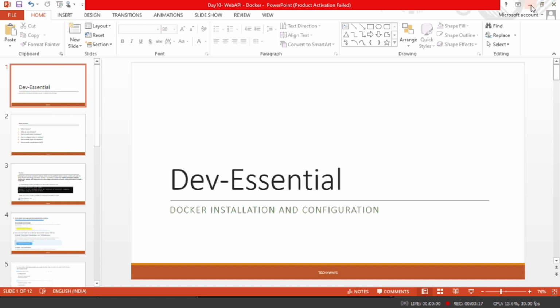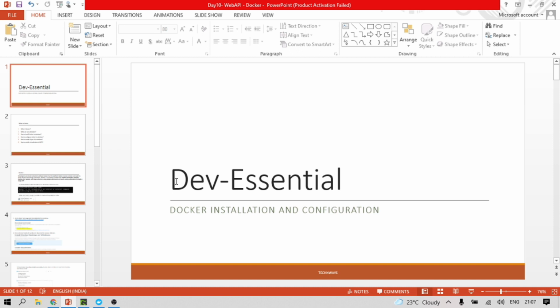So firstly, check this out. If you are going to install Docker in Windows Home Edition, it's going to be a personal system. I'm also doing it on a personal system, so it will be easier for you to understand how to configure Docker on a personal system. I also started a Web API tutorial, and Docker installation is needed for our Web API.